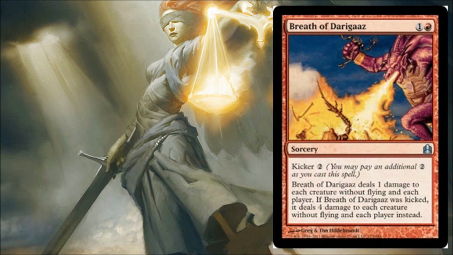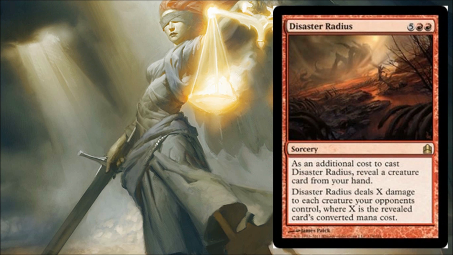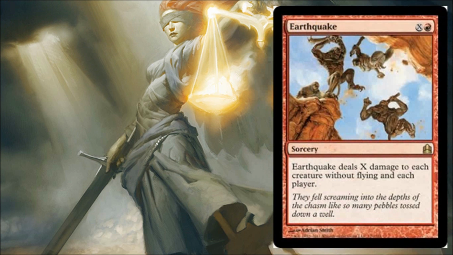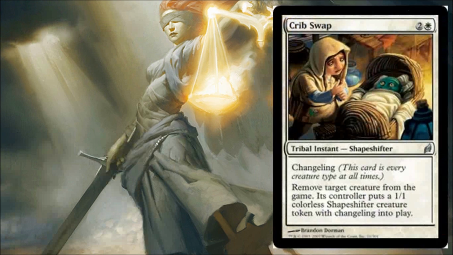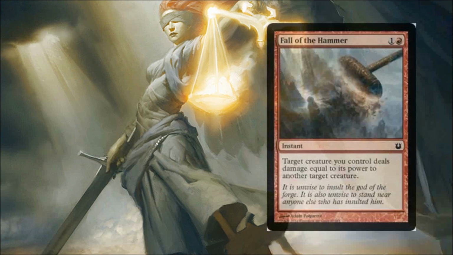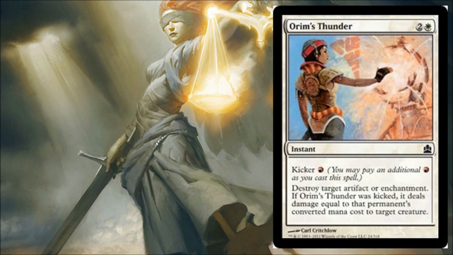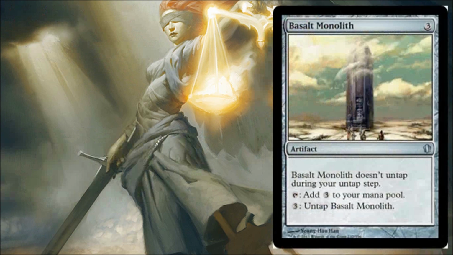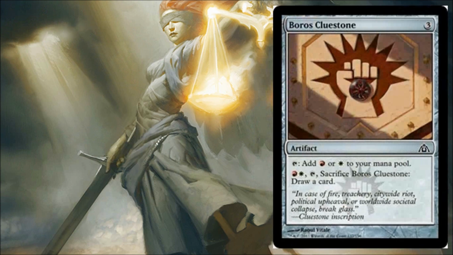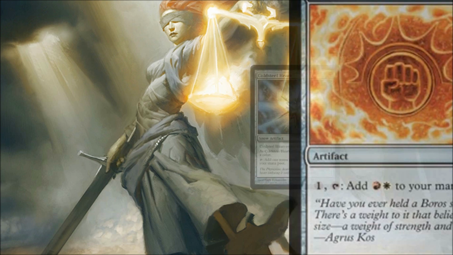And now let's look at the sorceries. We have Breath of Darigaaz, Disaster Radius, Earthquake, and now instants: Crib Swap, Fall of the Hammer, Orim's Thunder. And artifacts: Basalt Monolith, Boros Cluestone, Boros Signet,